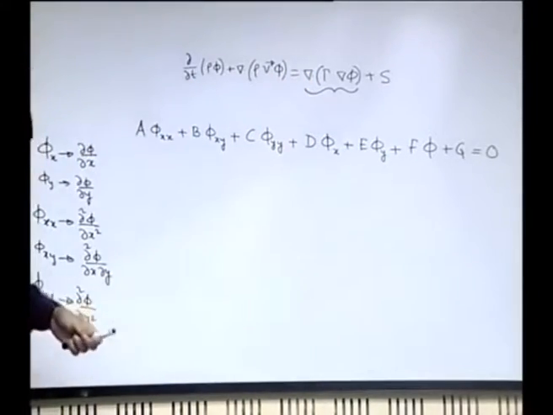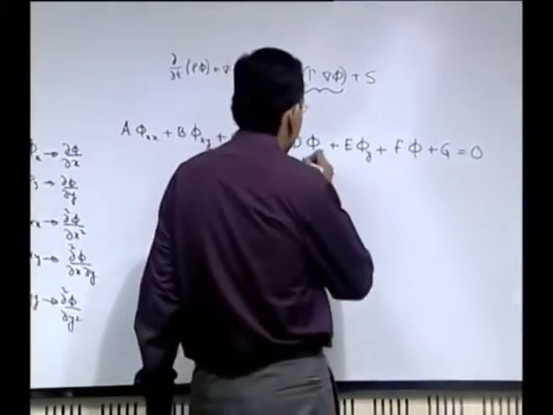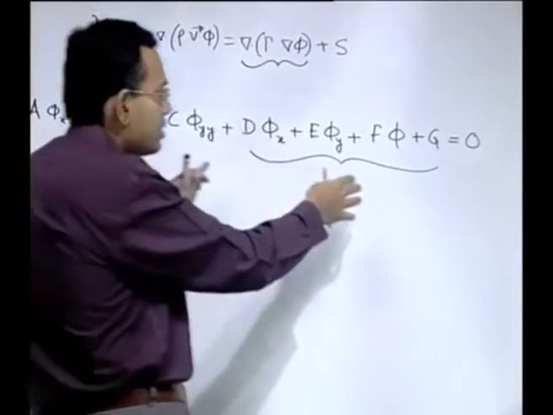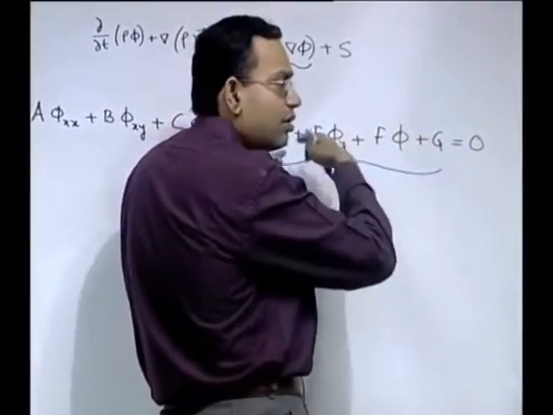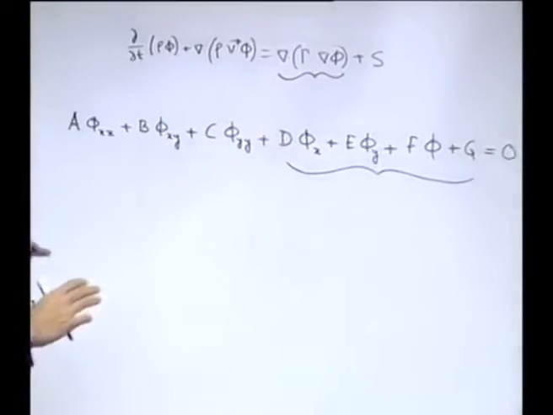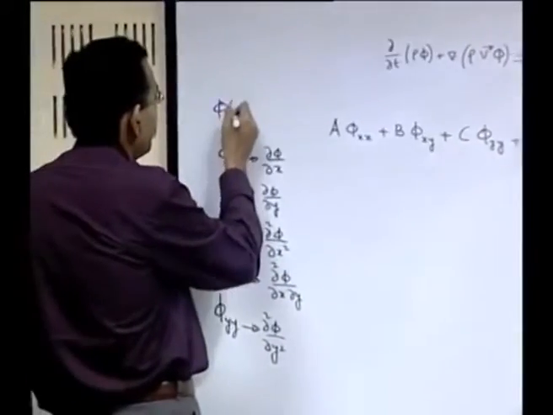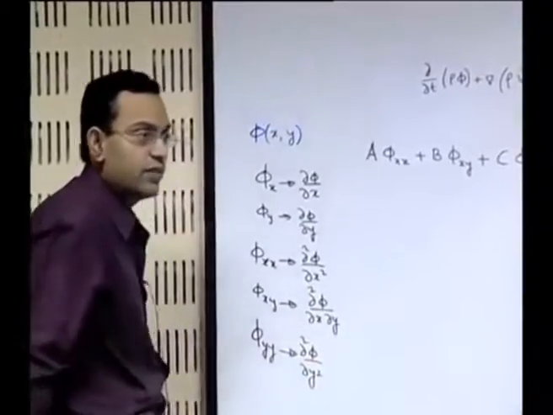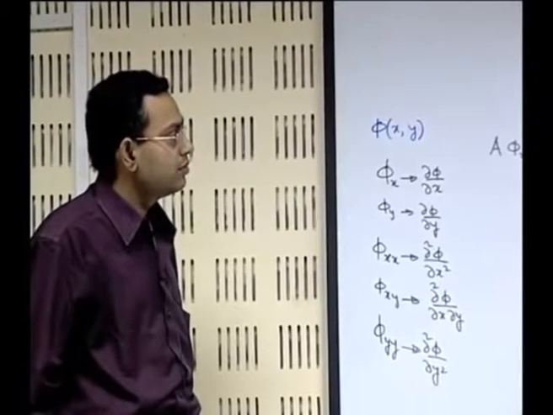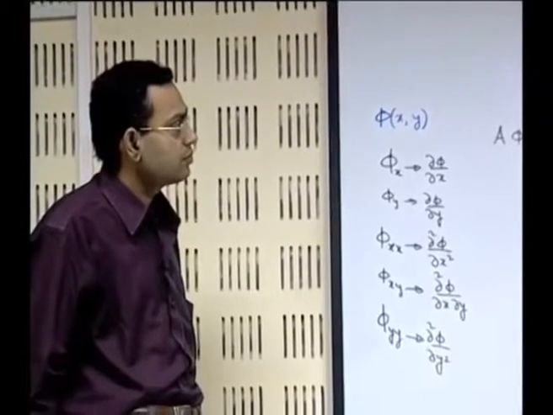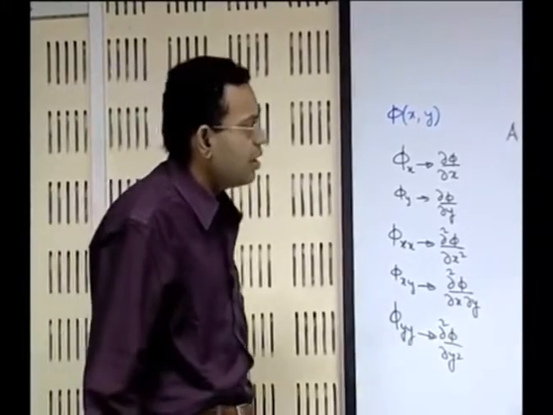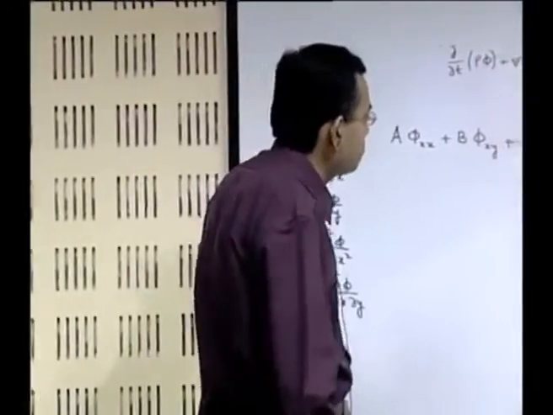So, we can sort of split it into two types of terms. One type of term contains the highest order partial derivative which is the first three terms, and these terms contain either the function or the lower order partial derivatives or the independent variables. So, the solution what you expect is phi as a function of x y, function of two variables. Now, let us see how do we go about it. To do that,